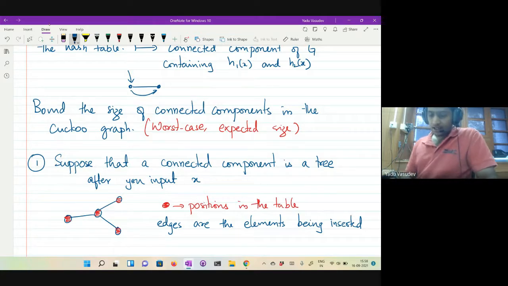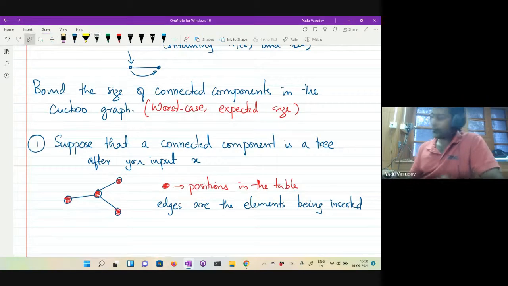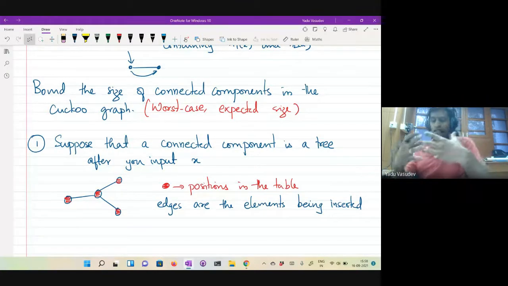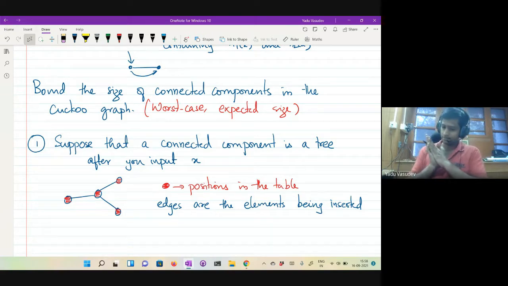As long as the number of elements being inserted is less than the number of positions open, you will always be able to insert it. If you have a tree with k vertices, it has k minus 1 edges, which means you're only going to insert k minus 1 elements, and there are k open positions, so you'll be able to enter elements into it. So this is fine.